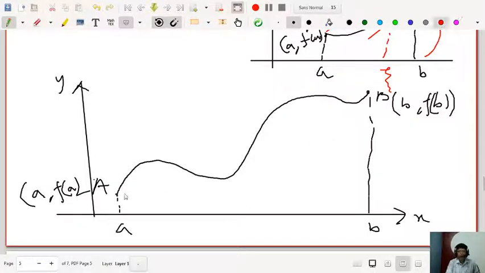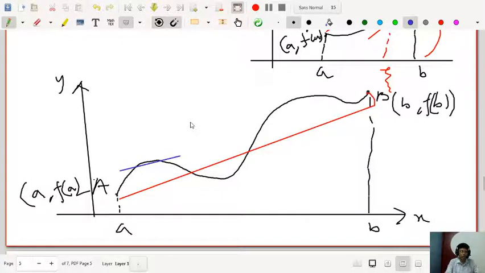And you have the line segment joining A and B. Let me join like this. So this is your A and B, and look at that, there are so many points where the tangent is